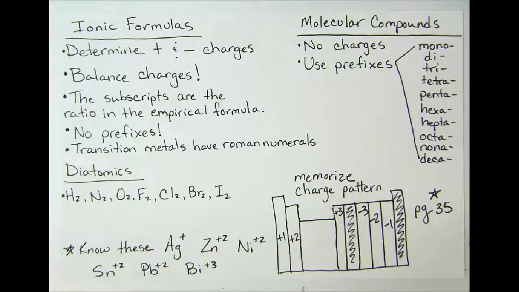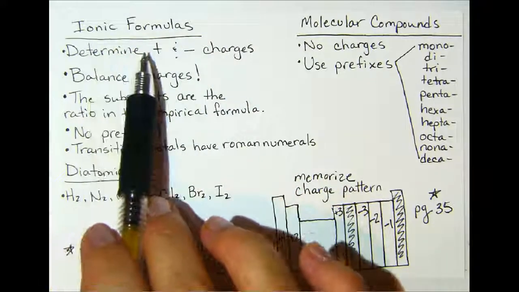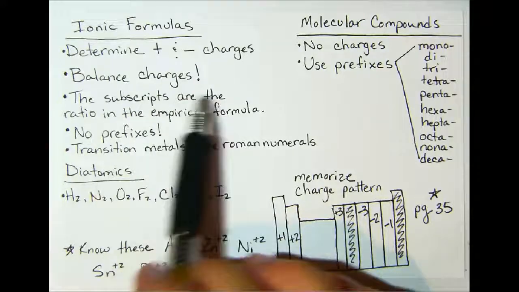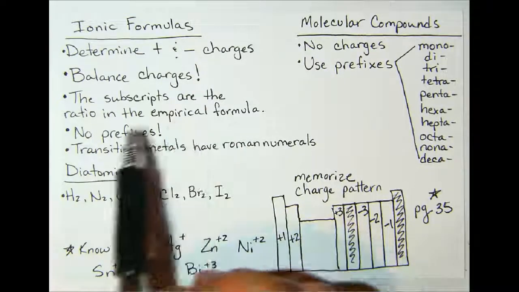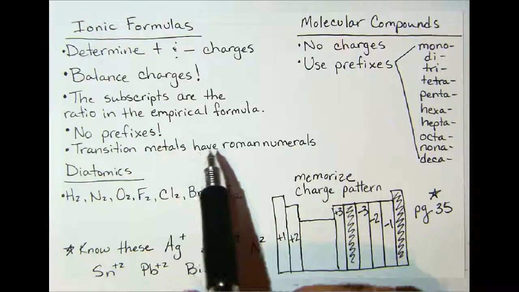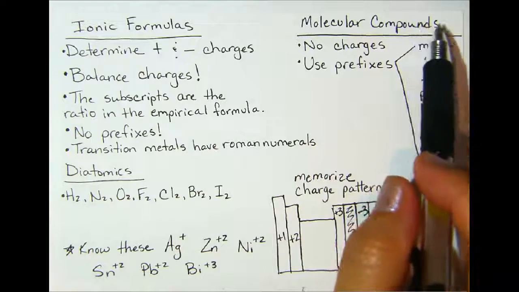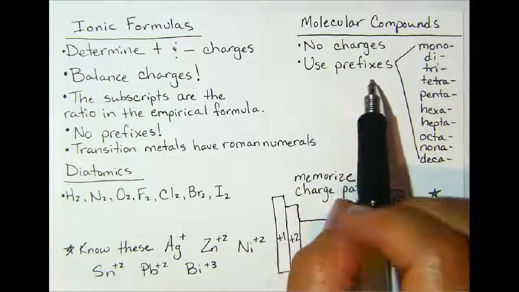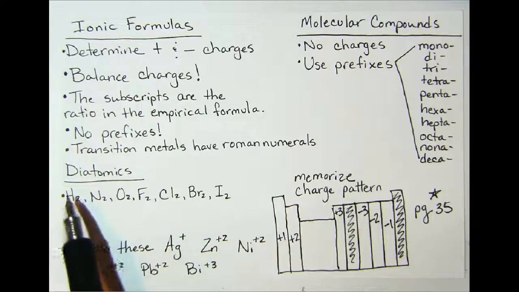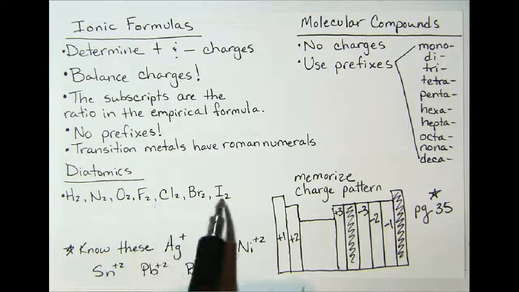And here's your note card for this section. Ionic formulas, you want to determine the positive and negative charges and then balance them. The subscripts are going to be the ratio in the empirical formula. There should be no prefixes, and if you have a transition metal, then it's going to have a Roman numeral to indicate its charge. If you have a molecular compound, there are no charges. You're going to use prefixes, and here's the list of prefixes you should memorize. If it's a diatomic, then it's going to have a 2 subscript, and these are the natural state of these